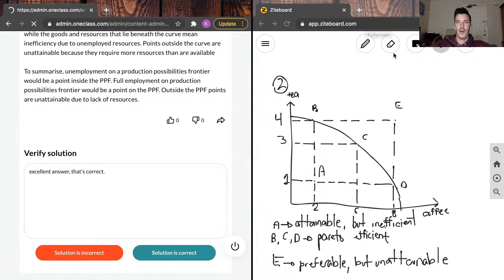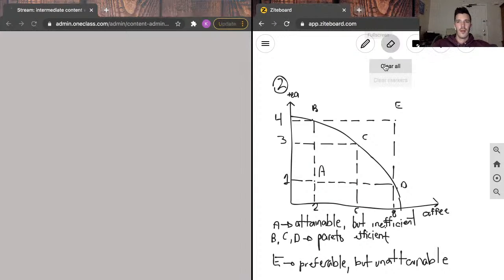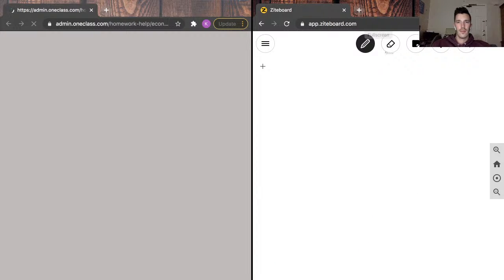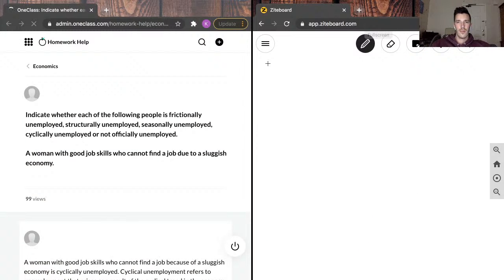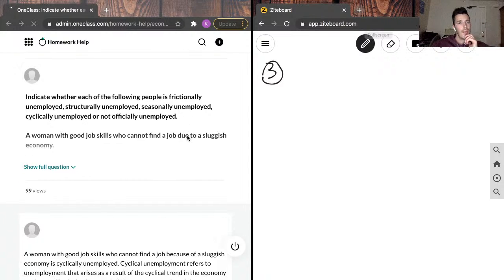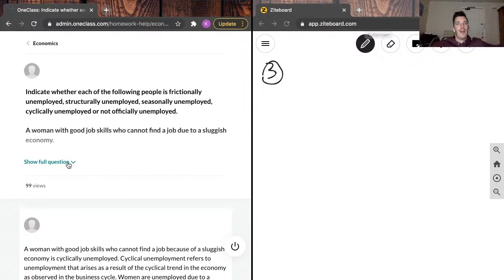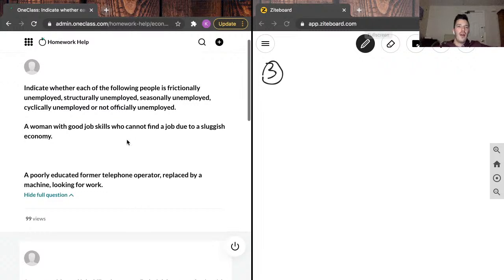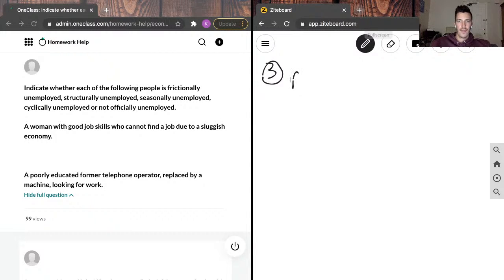And we can move on to question 3. Indicate whether each of the following people is frictionally unemployed, structurally unemployed, seasonally unemployed, cyclically unemployed, or not officially unemployed. So just to give us a quick reminder,